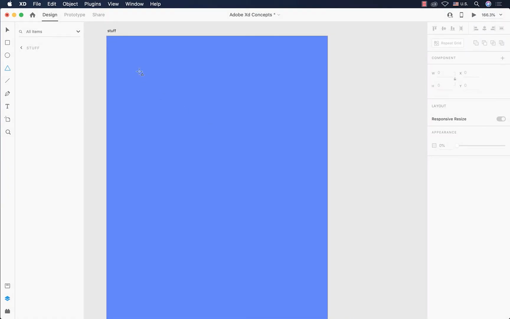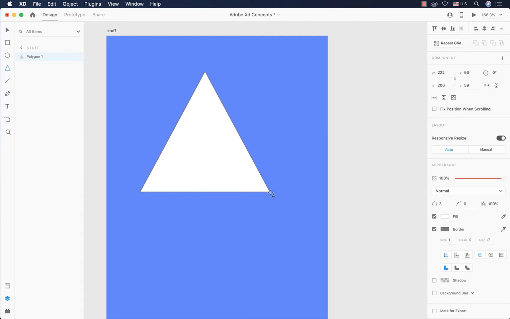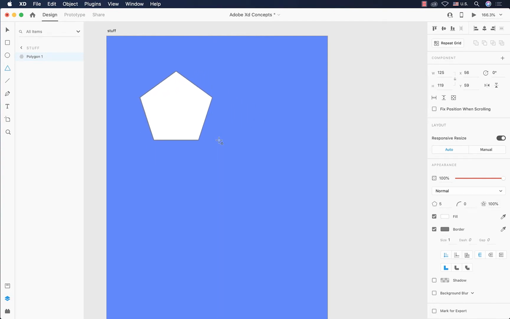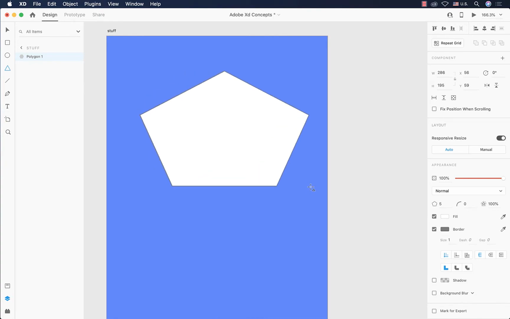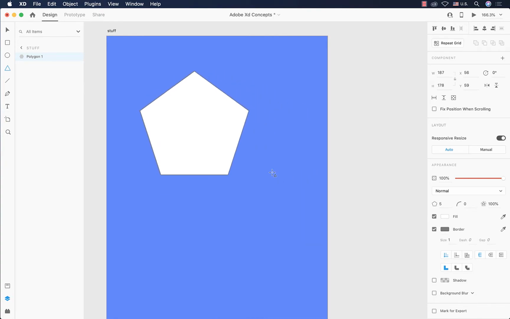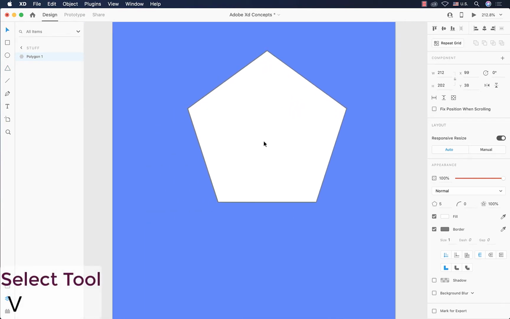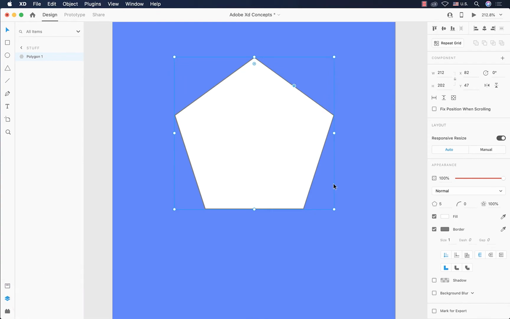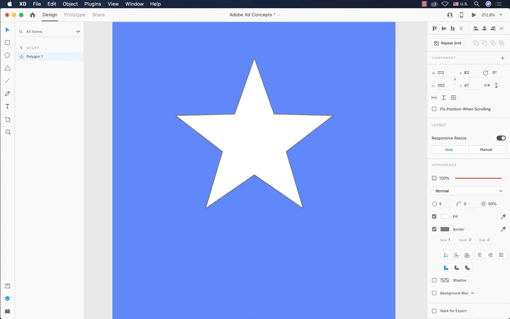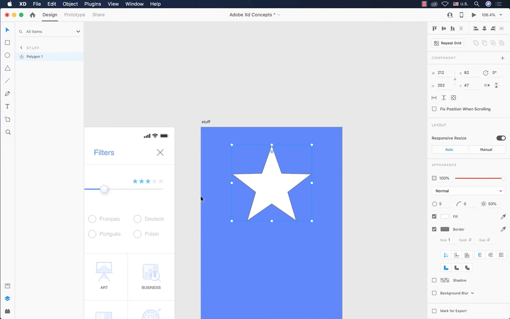So I'm going to just click and draw. In order to have a triangle, I'm holding down shift in order to have a perfect design, and I'm using up arrow keys to go with a pentagon. Let go of shift, we have this shape. Hold down shift, we have this one. There we have our shape. Select the select tool, place it in the middle. If we want to have a star here, we have to go with a star ratio of 50%. We have a star right now, and I'm going to reduce the size in order to have these stars here,